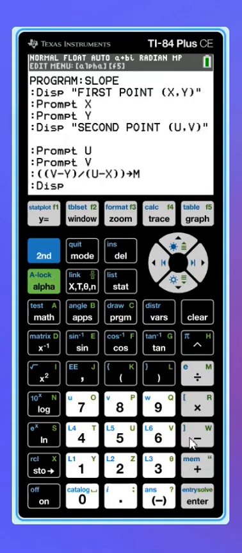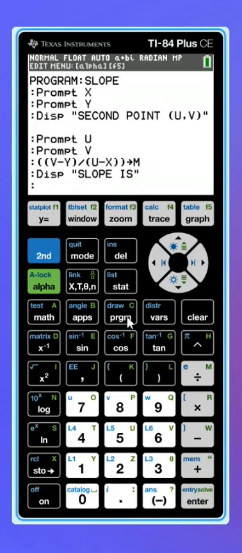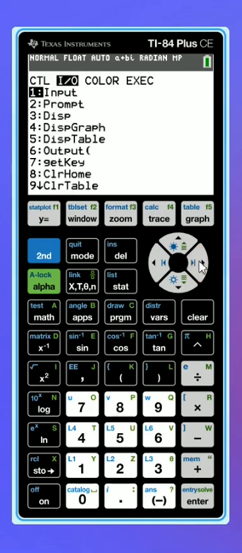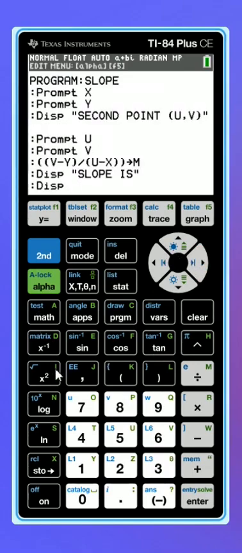and we give you what you want. We're going to type in the slope is, and then it should play a drum roll. I'm just kidding. Display M,